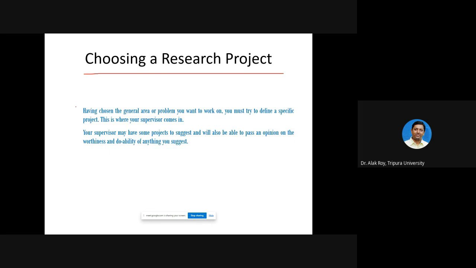Okay, so here the write-up is saying that if you're confused or if you don't have any problem, then maybe your supervisor may help with his past experience, or if you have any idea that you are suggesting, your supervisor may discuss with you to find the worthiness and whether it is possible to be completed within time. Okay, so the first solution is the supervisor, the second solution is yourself. Okay,